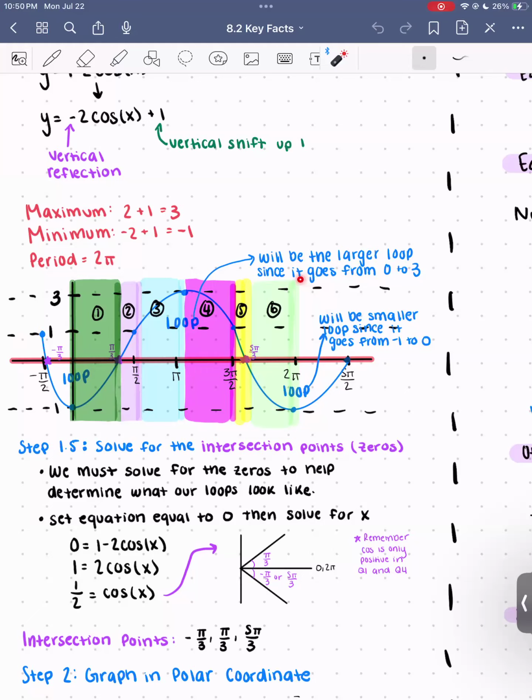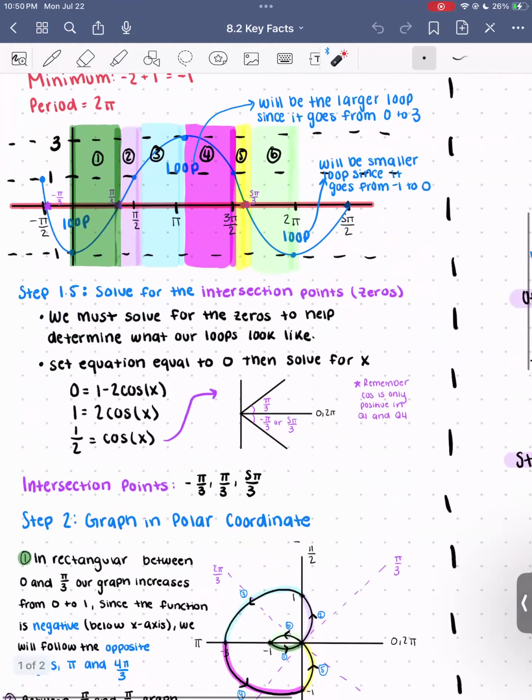And I'll explain this in a second. So let's talk about step 1.5, it's just a little half step. In this case, we're going to solve for the intersection points, which are our zeros. Wherever the graph crosses the x-axis, we want to know at what point it is crossing the x-axis. The reason we're doing this is to help determine what the loops of our graph in polar coordinates will